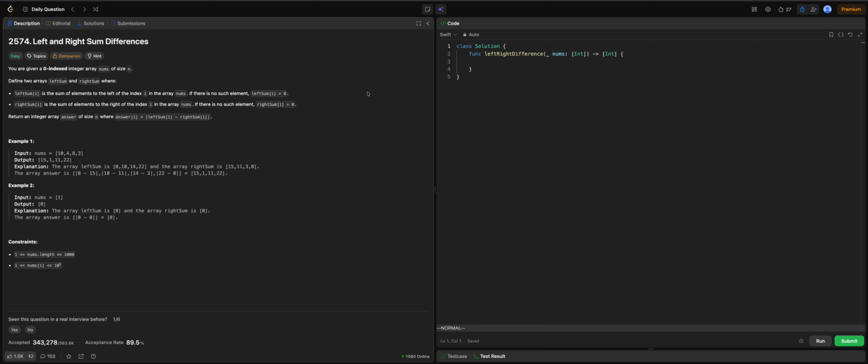Okay, we are given a zero-indexed integer array nums, and we have to define two arrays, left sum and right sum, where left sum at index i is the sum of elements to the left of index i in the array. If there is no such element, we just put 0. How about the right sum? It's the sum of the elements to the right of index i. If there is no such element, we just put 0, and then we have to return the integer array answer